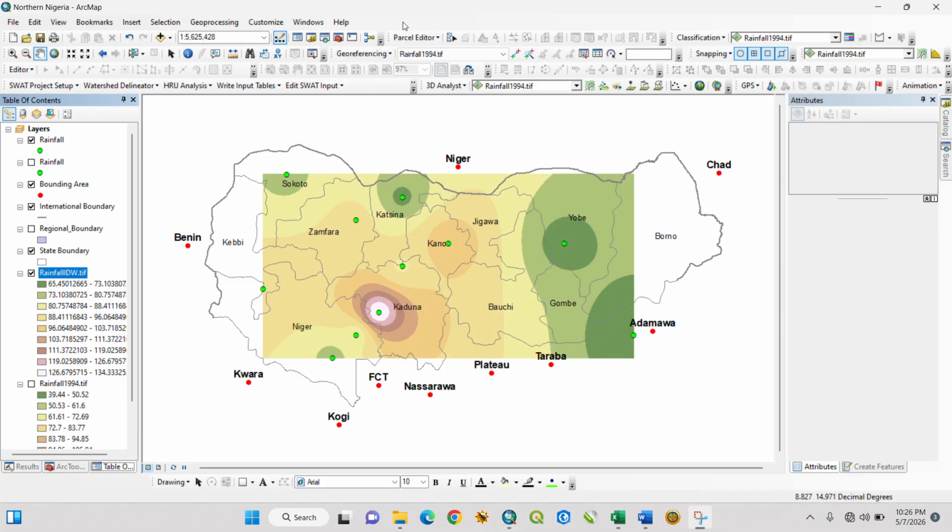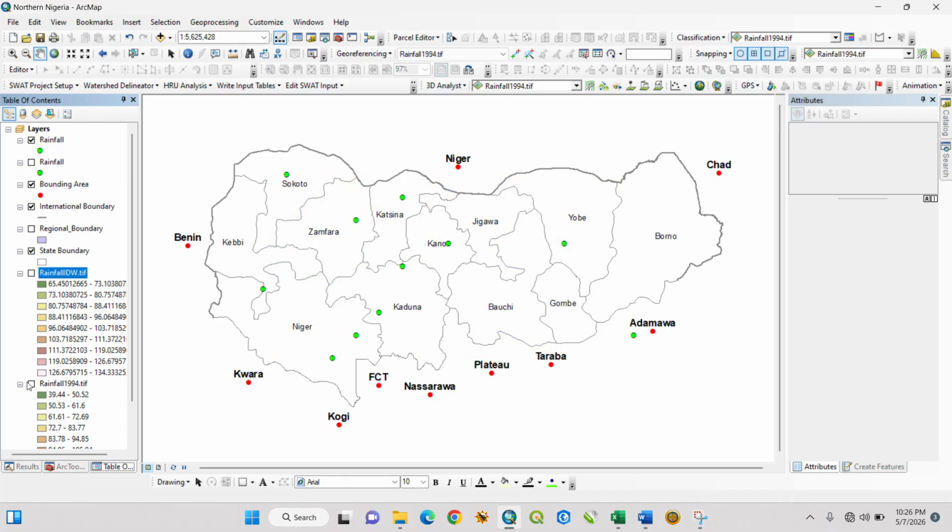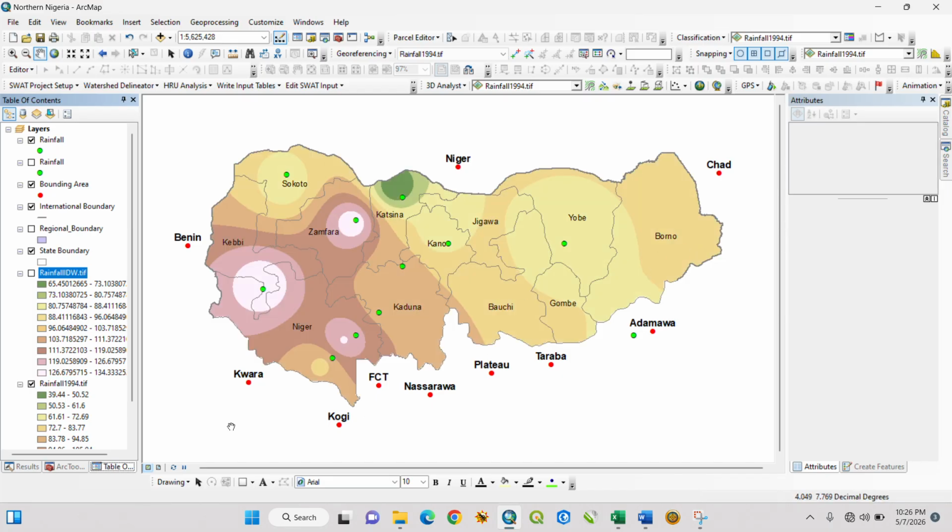So it is done. So you can see the result of my IDW. You can see the shape of our IDW. Based on what I've asked the system to do, I didn't specify any further command. So this is the result I'm going to expect from my multiple points. But if I want to have an IDW or an interpolation result that looks like this, look at what